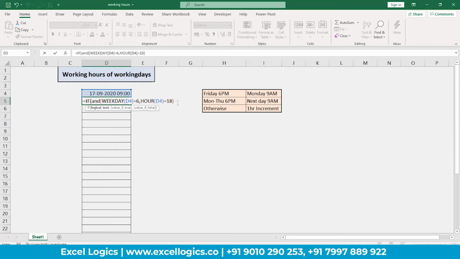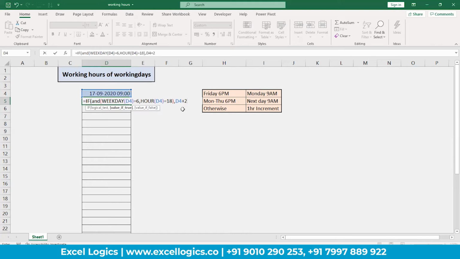If these two conditions get satisfied, then to this date, we need to add 2 days. So if it is Friday evening 6 p.m., if I add 2 days, what will be the output? 2 days means 48 hours.